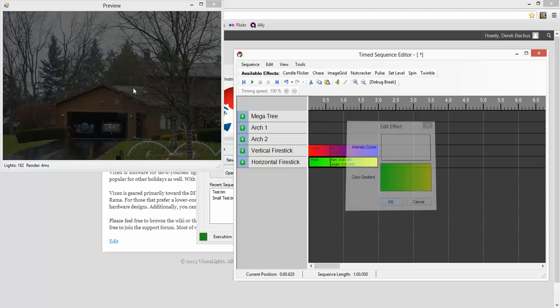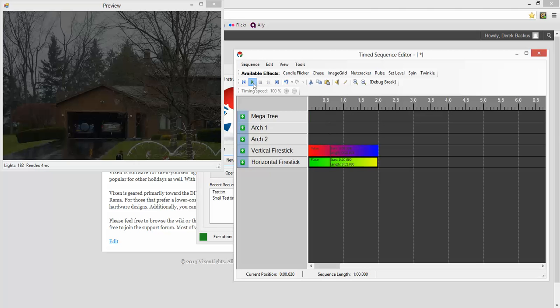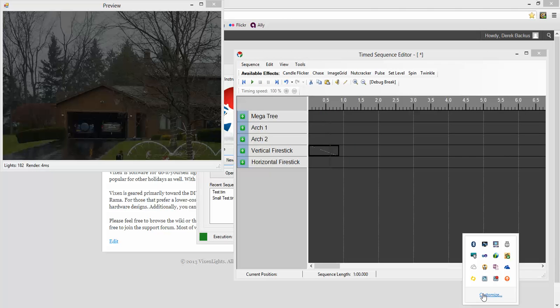Now if we play it over here, we'll see what happens. So our fire sticks faded from one to the other. But typically you'll probably use chases here. You know, go from bottom to top, top to bottom. So that is how you define a